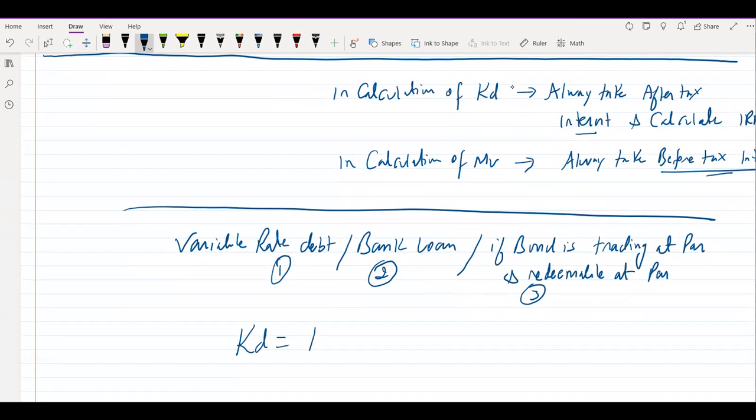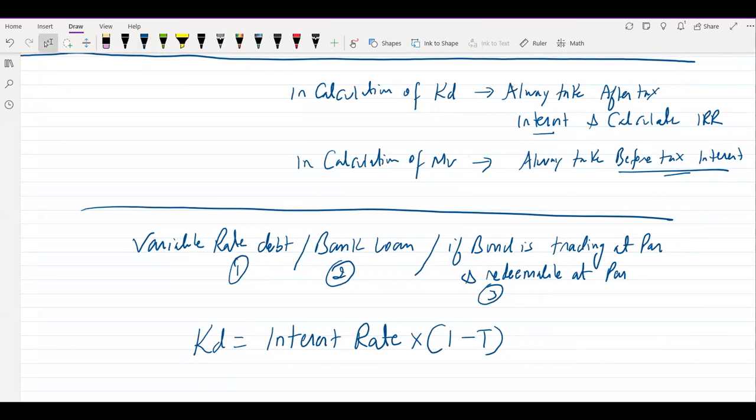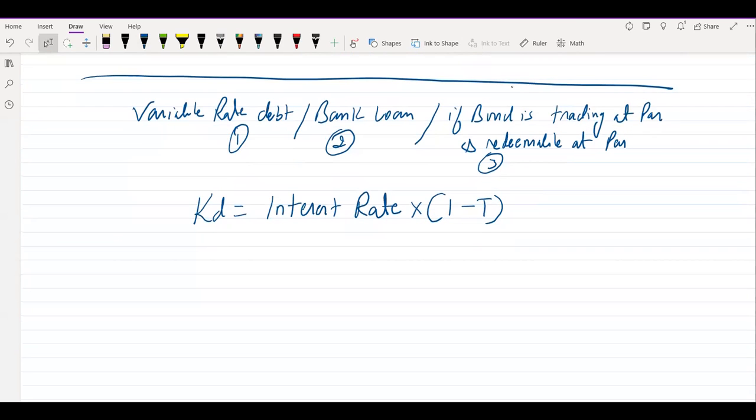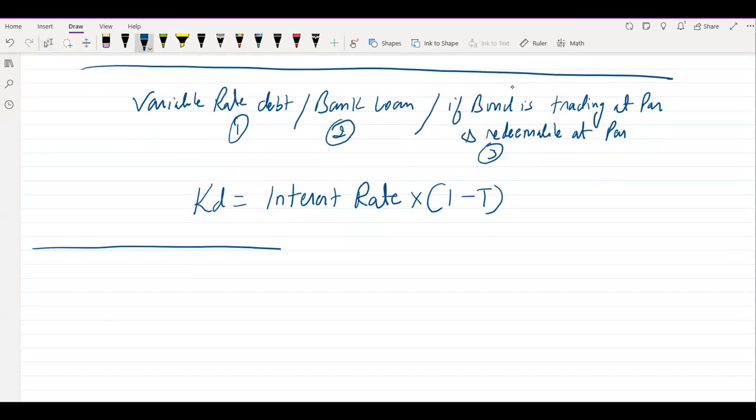KD is equal to interest rate into 1 minus T. We will take the after tax value of interest. Interest rate into 1 minus T. Okay. And if there is a convertible debt,